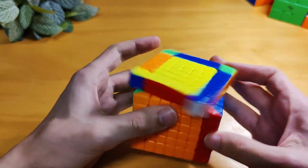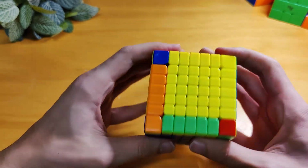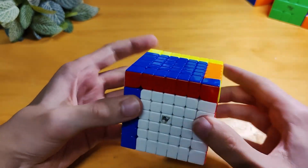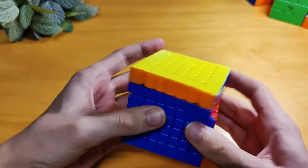Now there are a couple of tricks you can do for better finger tricks and all that. But I pretty much just stick to the usual finger tricks, and we just go T-perm. Whoop,